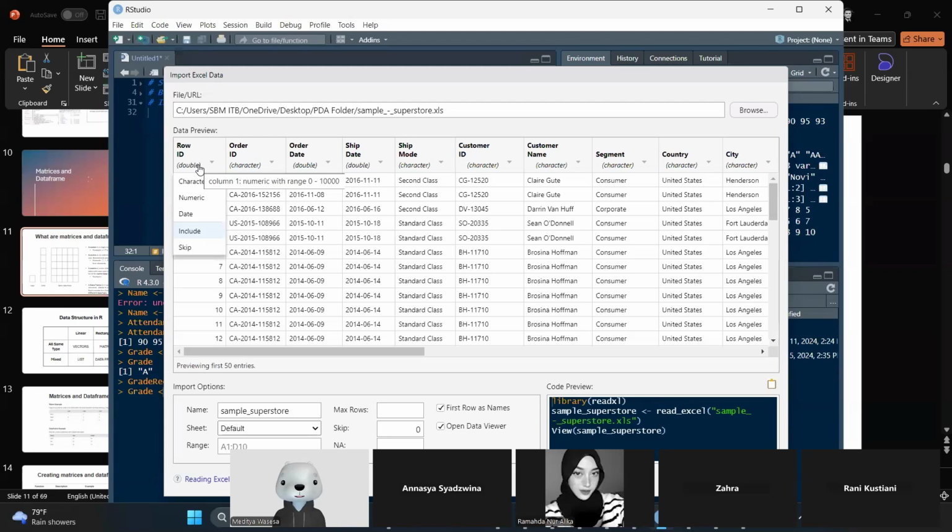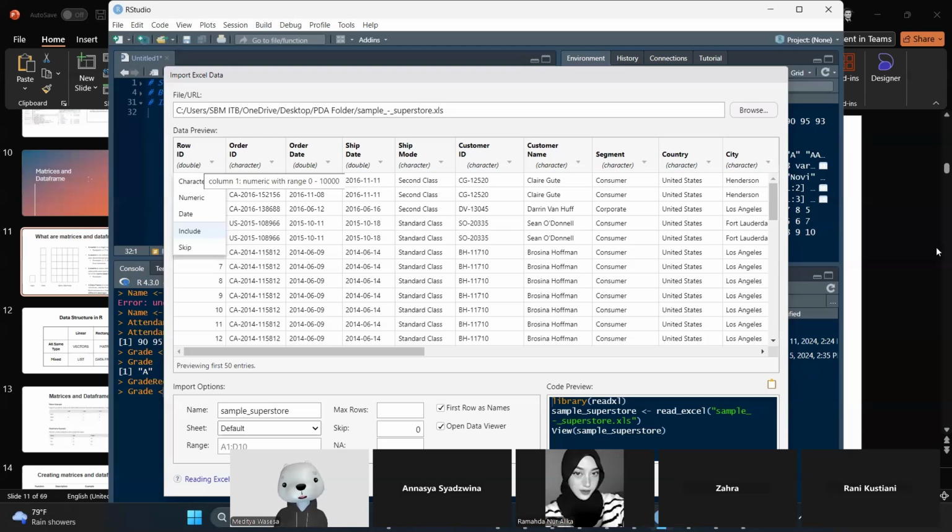Also here you have the type of data: character, numeric, and date. So you can correct the data type. Here it's character, double. This should be date, for example ship date. But I will not do that. I will just leave it as it is for now. But you know what I mean. You can include or exclude specific columns.